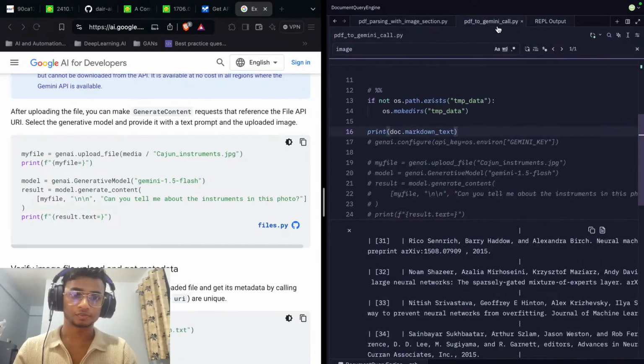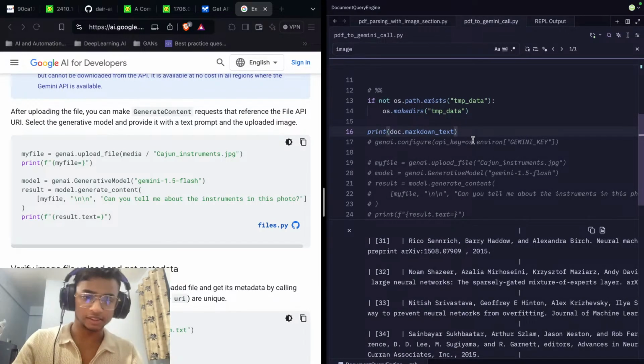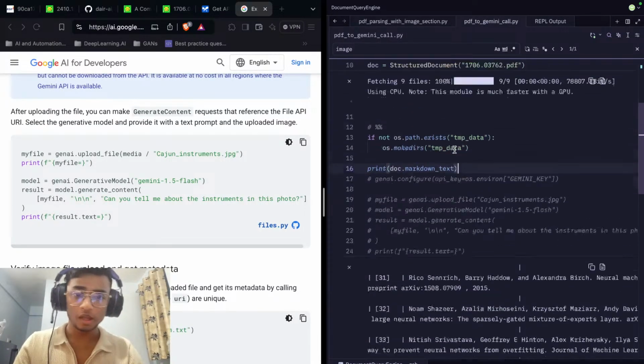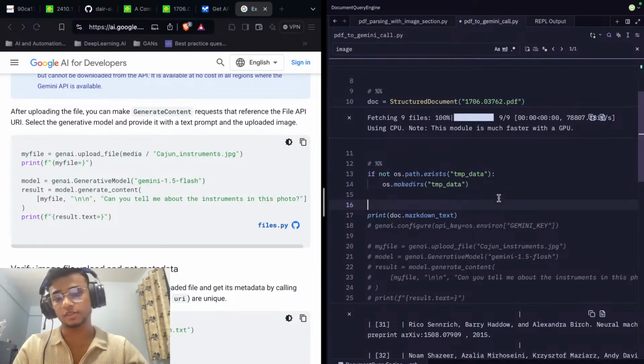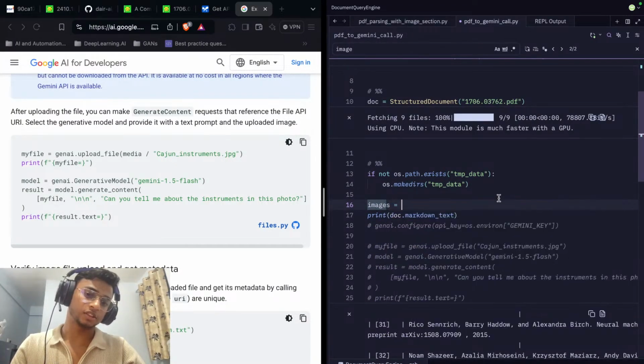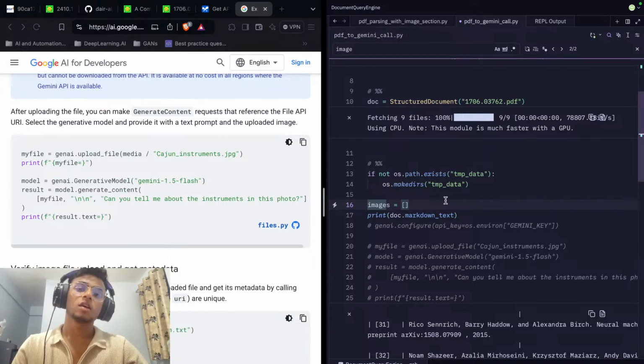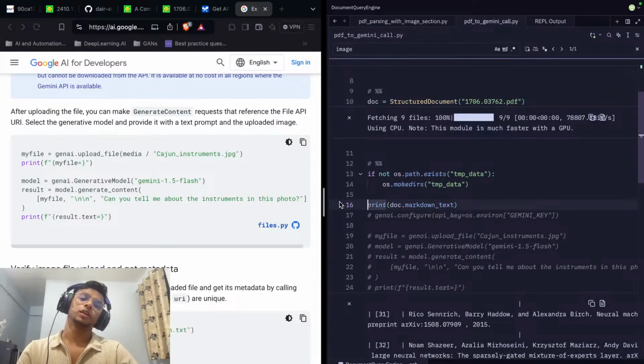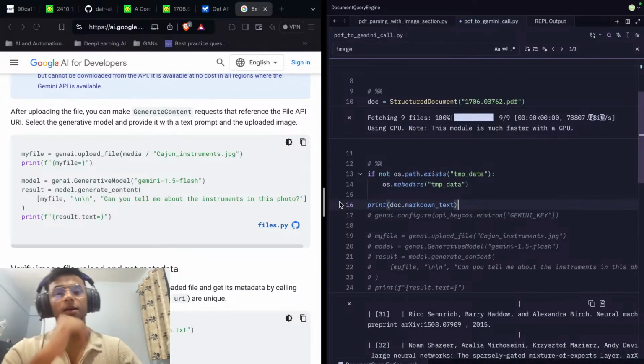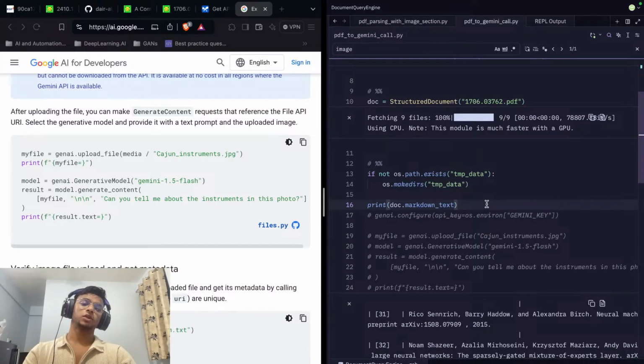So that's cool. I don't think the page-wise image thing was really necessary at this point, but yeah. So we can create our own set of images. So images is equal to... how should I go about writing it? So you have the images in this, right? So what I'm gonna do is